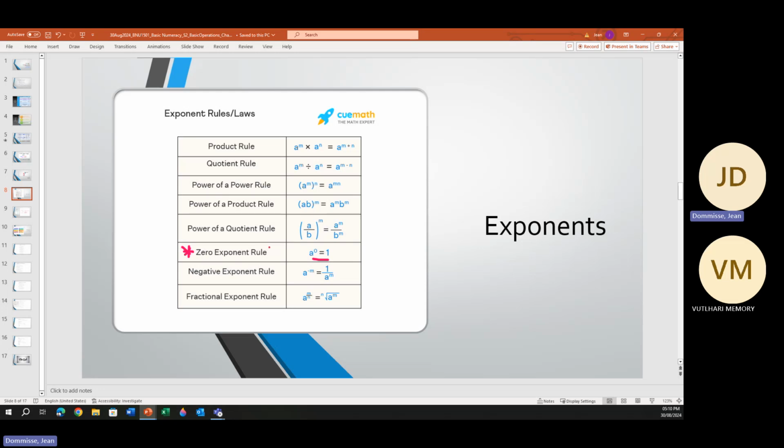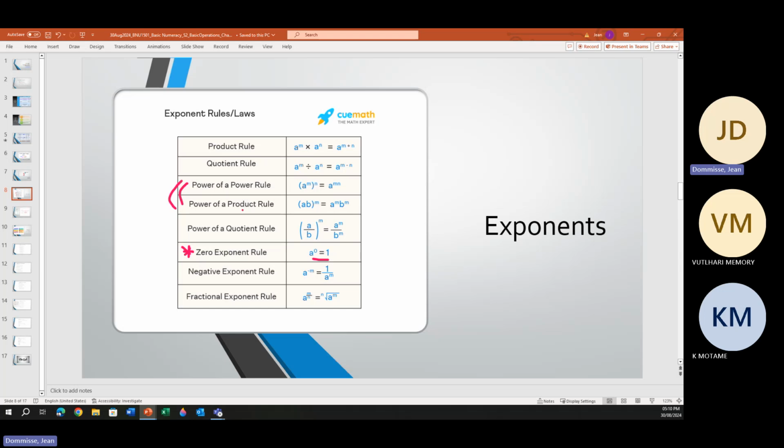So I think that one is quite important. Then what's also important nearly is when you look at these two, the power rule and the product rule. And why that is important is what we will see is not a lot of times that they will give it as symbols or as variables like this, but what I've seen a lot is that they love to do